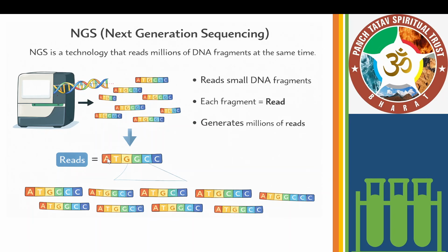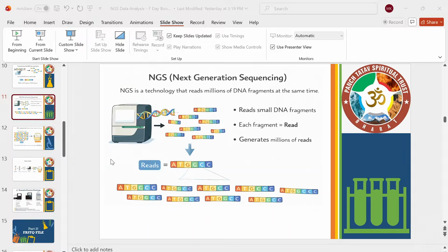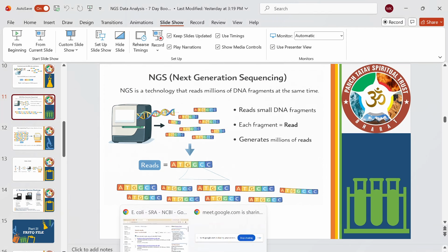Okay, so basically if you imagine that we are reading a DNA fragment only from one side, it means we will have less information. But if we are reading this DNA fragment from both sides, it means we will have more information. The more information we have, the more data we will have to find the mutations, correct? It means paired end sequencing is good. To work with the paired end data is good, but we are going to work with the single end data.